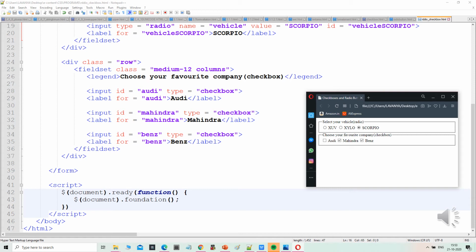After executing this code, we get this output: select your vehicle, that is the radio button, which means we can select only a single vehicle. Then choose your favorite company, that is the checkbox, which means we can check one option, two options or three options. In this way we have executed this program.